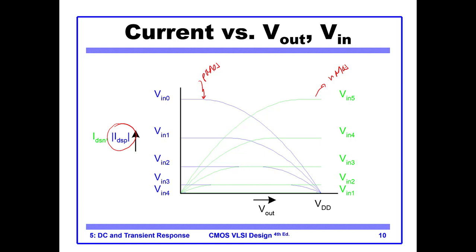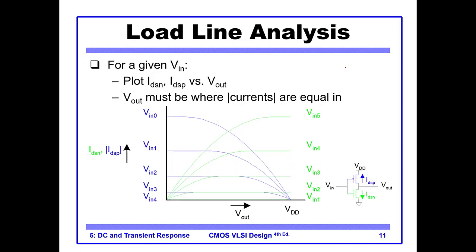Now what is happening? How can we describe the DC characteristic? This is done by a method called load line analysis. For a given Vin, we plot IDSN and IDSP versus Vout. Vout must be where the currents are equal. So for example,